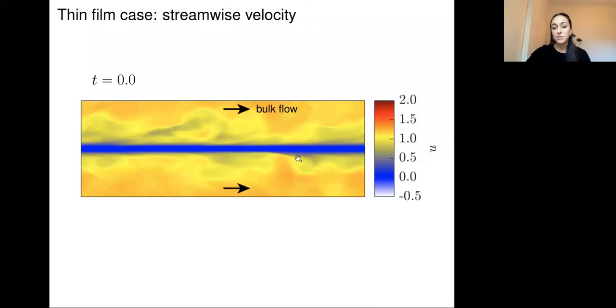Streamwise velocity. So these are our starting velocity fields that came out of our channel flow simulation. Here we have the liquid film. I've used a creative color bar here so that we can see a few different things. So here, blue is for zero velocity, so that's our starting film velocity. And as we go in time,